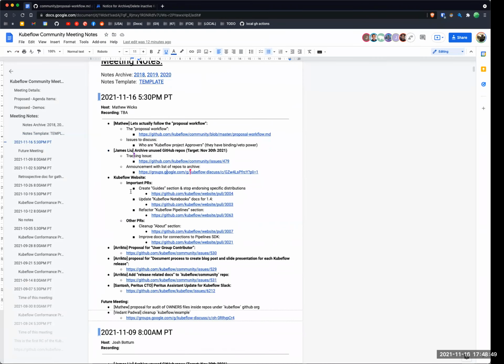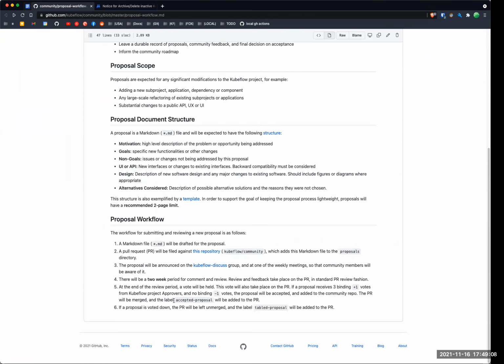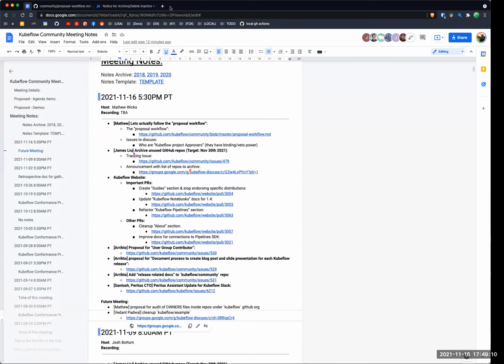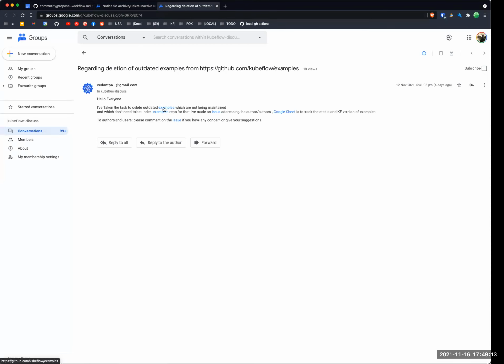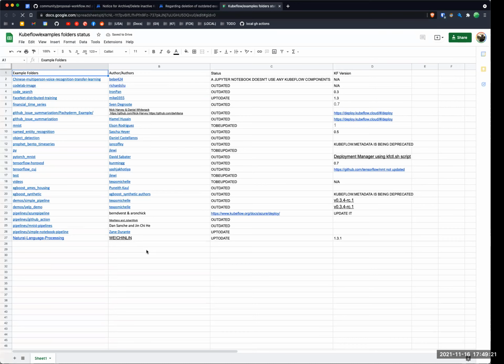Cool. Last week, we mentioned archiving the example repository. I took a look over there. There are actually a lot of examples, and they belong to different owners. So I think we're creating a spreadsheet to follow up with all those owners to see whether they want to move the example or archive them, or whether they still actively maintain them. My idea is that it's very good to follow up and make sure the example repository is up to date, but I think it would be great to still have the repository.